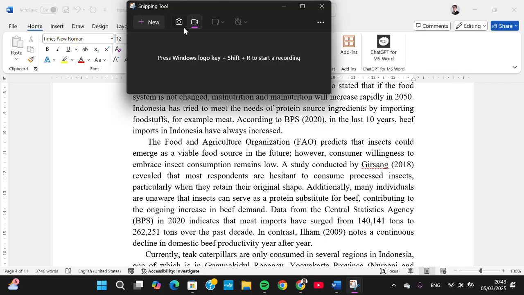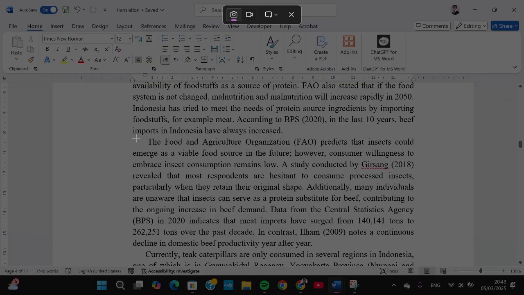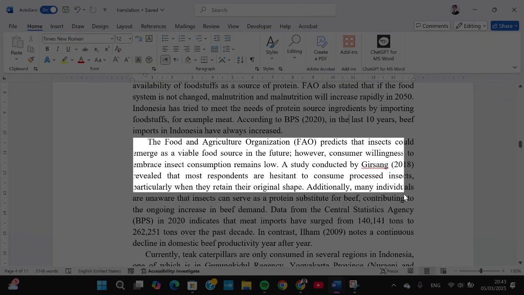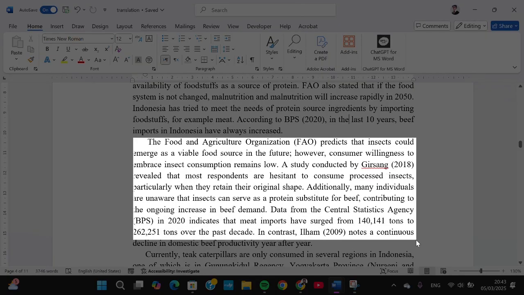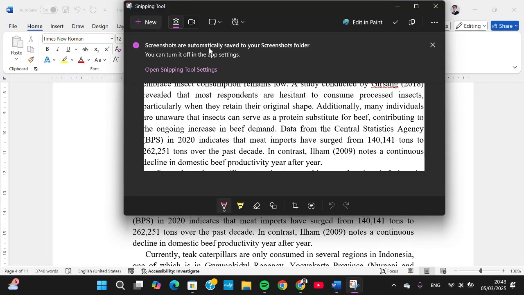application and then you can click on this camera icon to take a screenshot, and then you can select the area. I'm just going to select this area, okay, like this guys, and then you can click on this icon to select the text, okay, and wait for